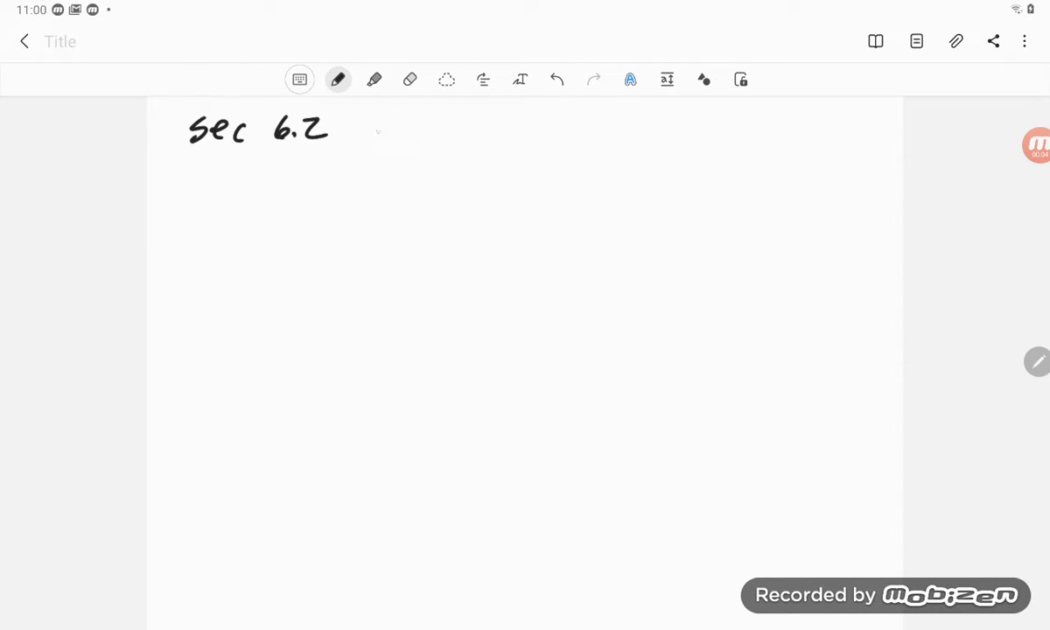6.2, another application of diagonalization and eigenvalues and all that is in differential equations. Okay, so we want to look at this idea with differential equations. And so they point out that, okay, I could have